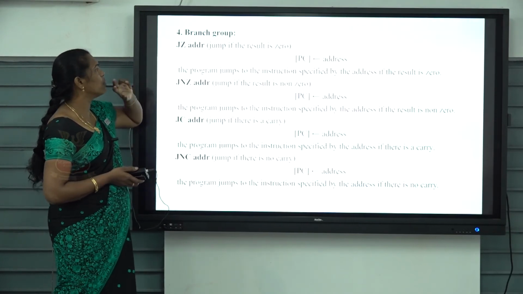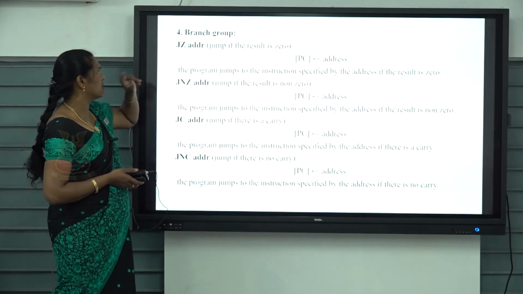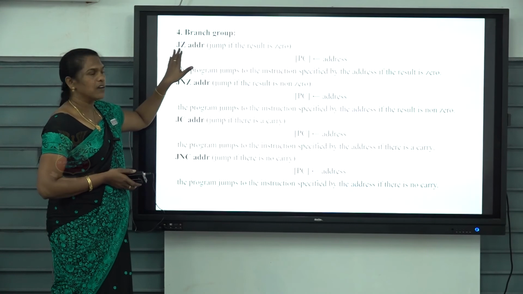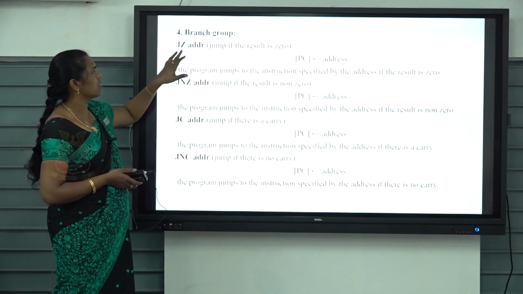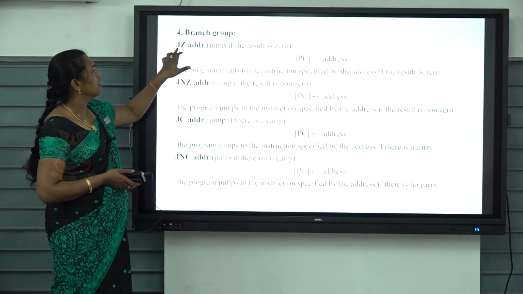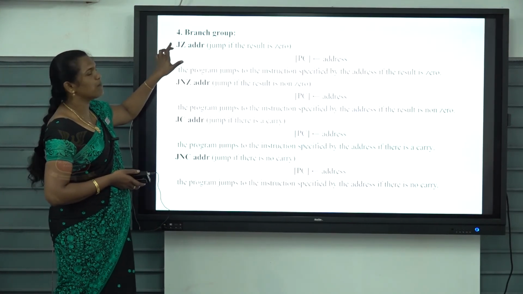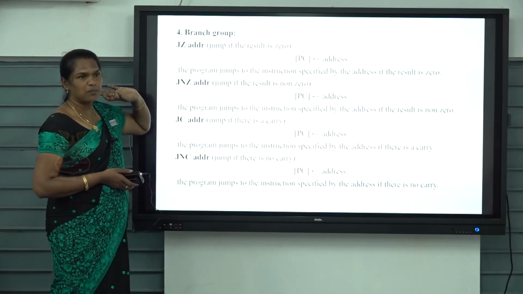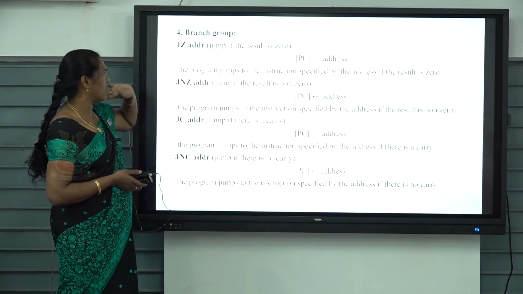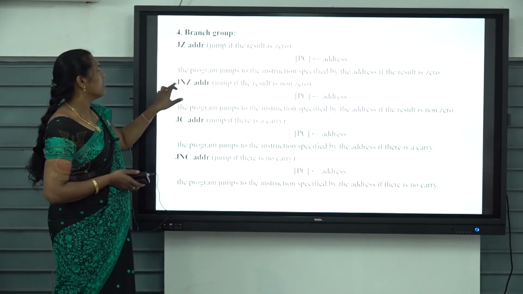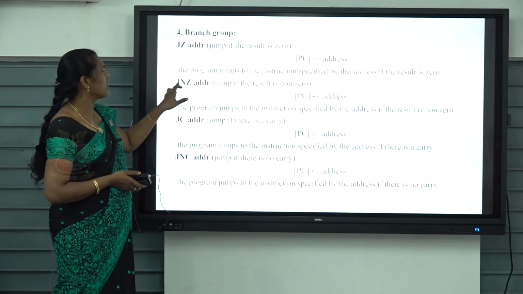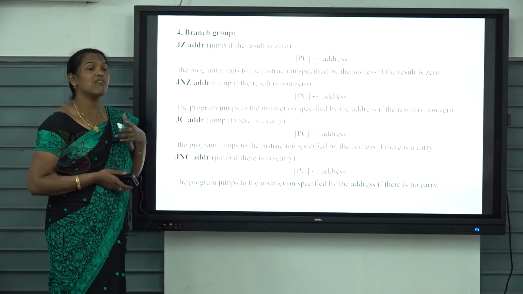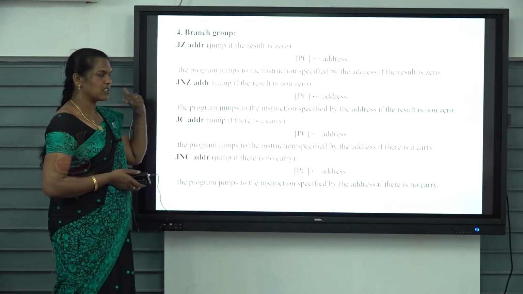So here we have two types of instructions. Jump is unconditional. After the arithmetic logic operation execution, JZ means jump on zero. That is, if the result is 0, then jump to the address given. Okay. If the result is not 0, then go to the next address. Okay. We have to branch the instruction. We can deviate the program from the sequence of the program.